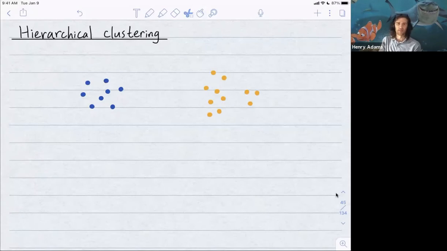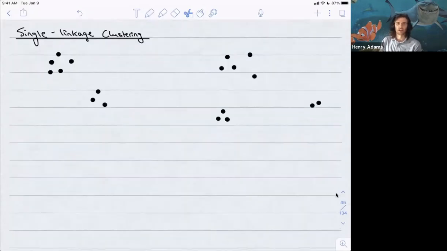There are many, many different types of hierarchical clustering. Let me just talk about the simplest, single linkage clustering. All right, so